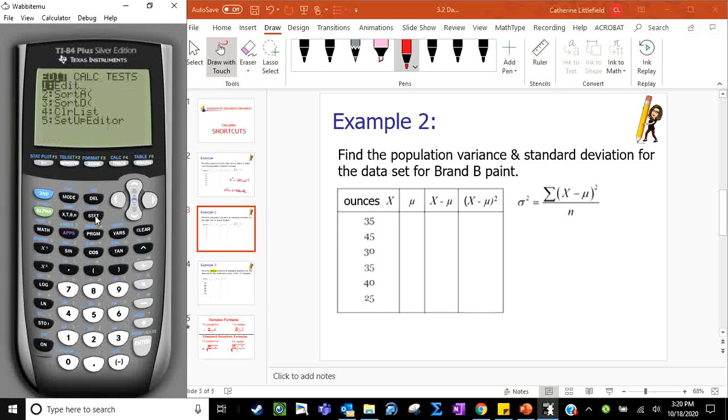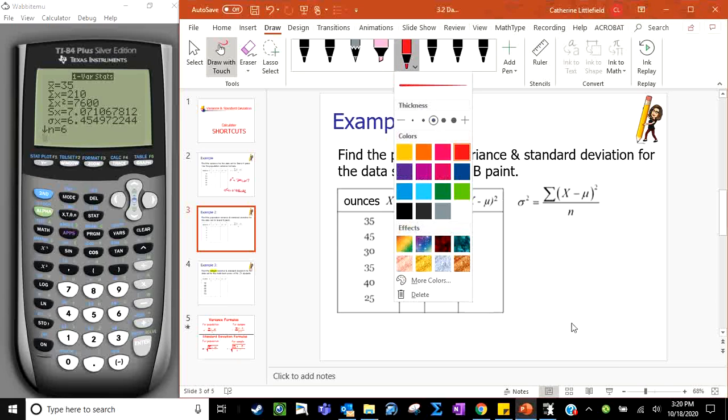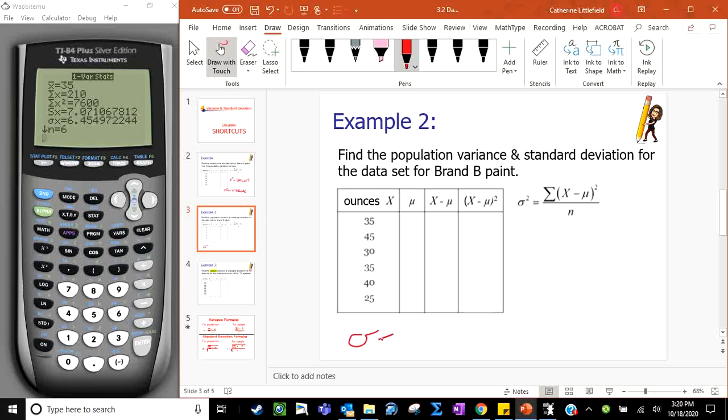I hit the stat button again, arrow over to calculate, and then go to 1-Var Stats. Yes, I'm in list 1. Calculate, and then I want again the population, which is going to be sigma. So I'm going to want my pen. So sigma, and my calculator is